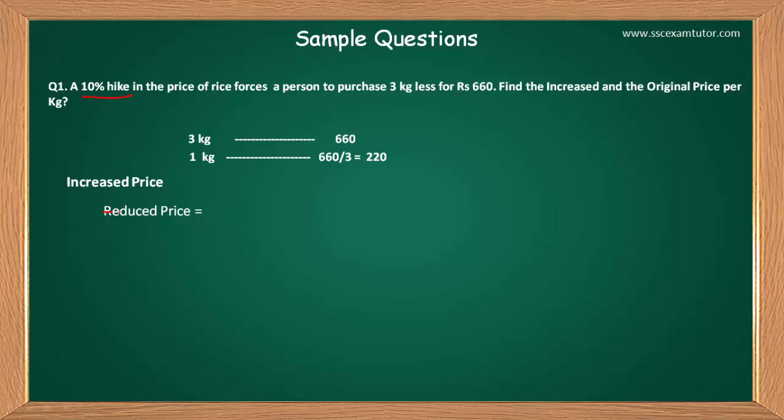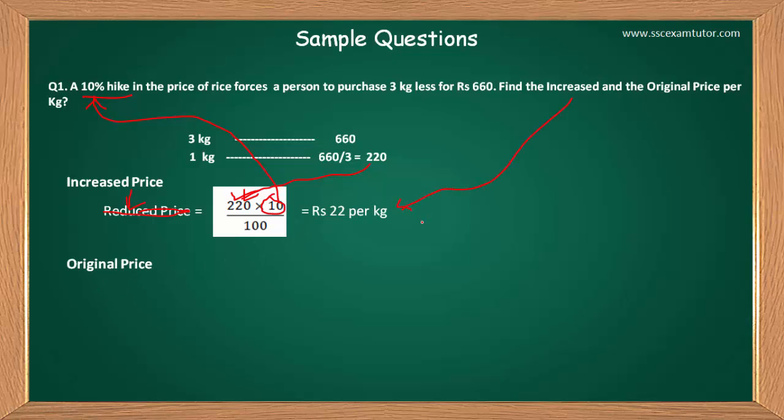और जब इंक्रीज प्राइस निकालना है, माफ़ कीजिएगा, यहाँ पे इंक्रीज प्राइस होना चाहिए था। तो जब इंक्रीज प्राइस आपको निकालना हो तो ये 220 का यूज़ हम करेंगे यहाँ पे, 220। और ये 10 कहाँ से आया, जैसा कि मैंने पिछले क्वेश्चन में बताया था आपको, ये 10% है जो कि दिया हुआ रहता है क्वेश्चन में। ओके, तो इसे आप सॉल्व कर लेंगे पूरा, तो 22 पर केजी आएगा, जो कि इंक्रीज प्राइस है। तो जब आपसे इंक्रीज प्राइस पूछा जाए तो इतनी आसानी से आप निकाल सकते हैं।